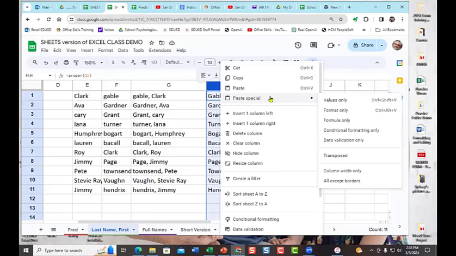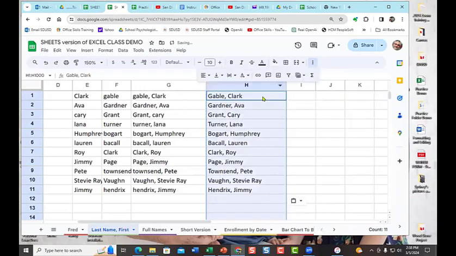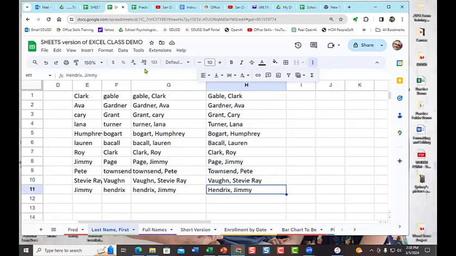And what kind of a special paste are we going to do? Remember, we've been talking about letter strings and letter values. We just want the values. We don't want the formula. We just want the values. So that's what we want. Paste special, values only. Boom. So now when I click on Gable, Clark, it's just the name. Jimi Hendrix. Yep, just the name. So if I want to, I can go to G1 and I can hit delete. It's not going to fix this because there's no formula any longer pointing to G1. All right,